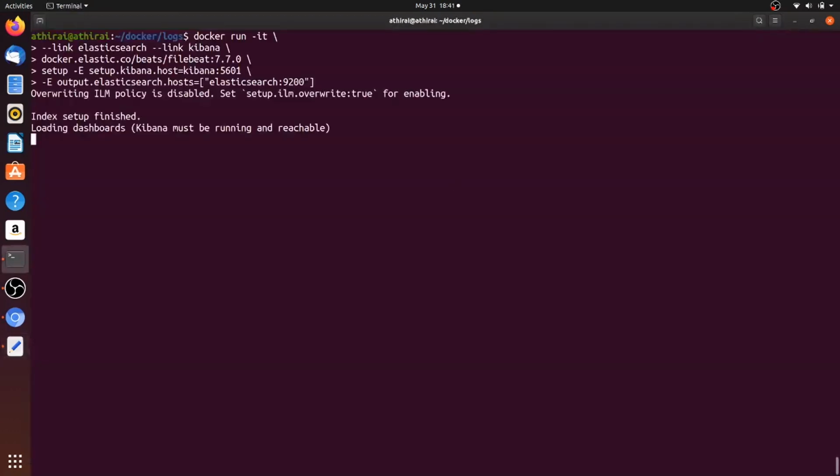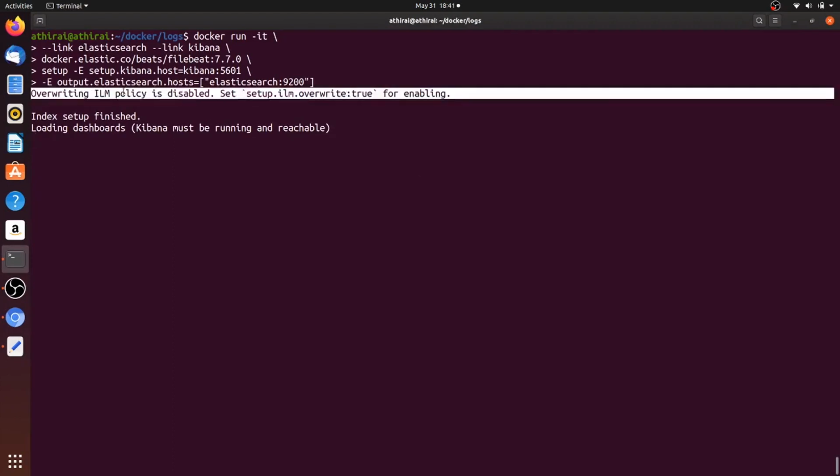Yep. So here you can see it is setting up something, overwriting ILM policy is disabled, and then set this to true. Index setup is finished.